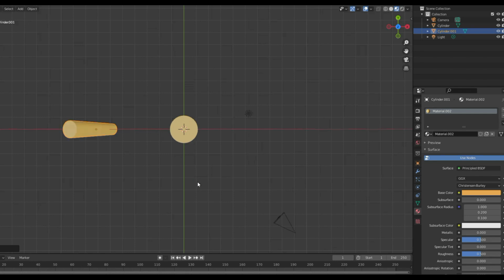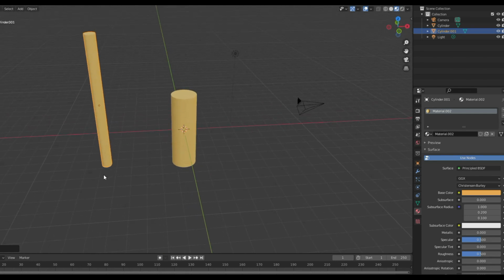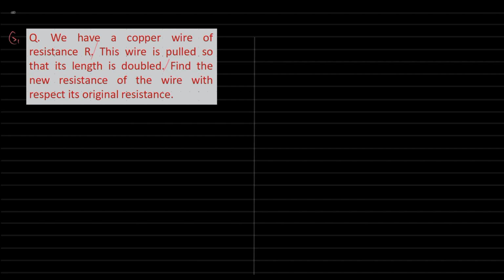The length has increased to double of it. So this is of length L and this will become 2L. If the area of cross section is A, this will be A by 2. The resistance of this is R and this is how much? Is it R by 2, R by 4, R by 6, R by 3, R by root 2? What is it? So that's what they are asking. So let's look into that. There's no value given, so we have to begin such an answer with